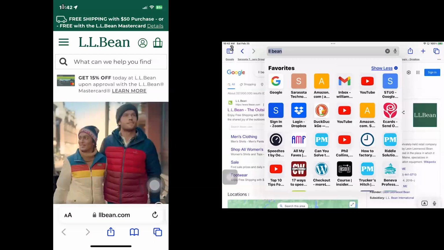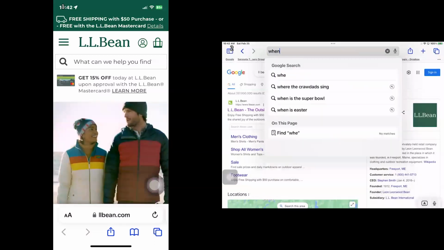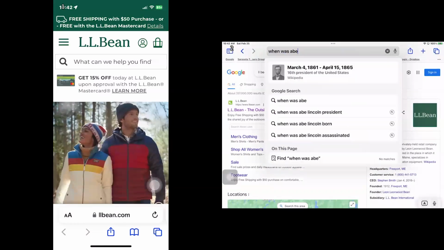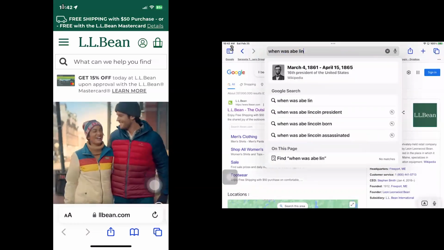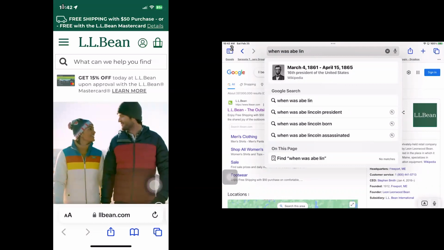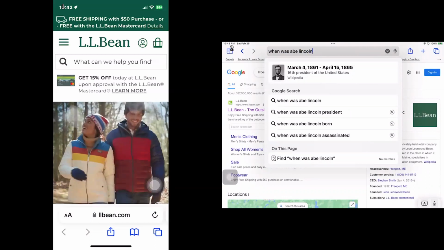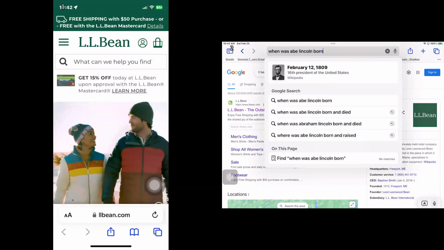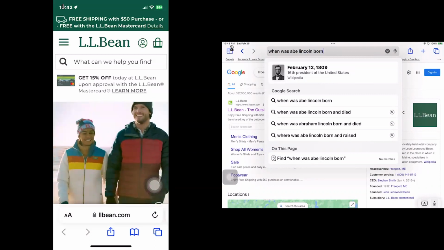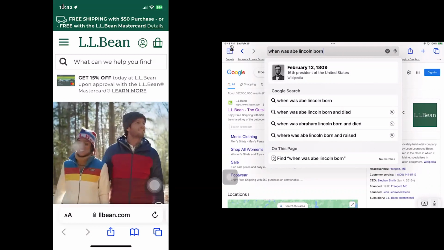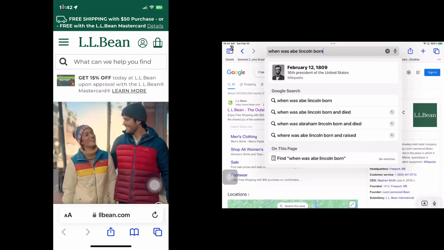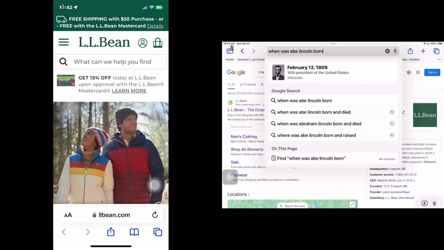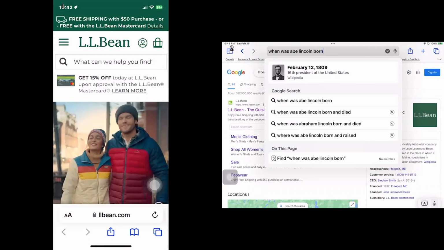If I tap up there and say, when was Abe Lincoln born? Now, it gave me the results of that right away, right? But if I press enter, once I've put in that particular phrase,